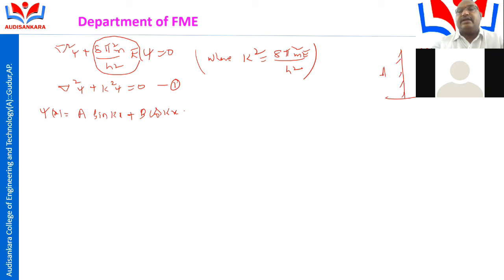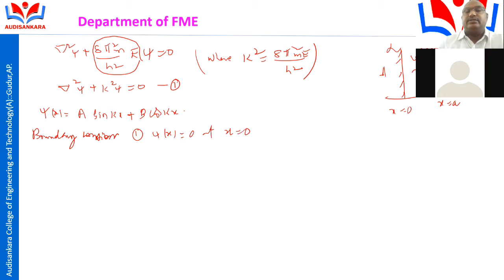The one end is called A, another end is called B. Let x is equal to 0 to x is equal to a, with regions x is equal to 0 to infinity and x is equal to a to infinity. The free particle tends to move from one place to another place, so V is equal to 0 for the free particle. The first boundary condition: psi of x is equal to 0 at x is equal to 0. And the second boundary condition: psi of x is equal to 0 at x is equal to a.